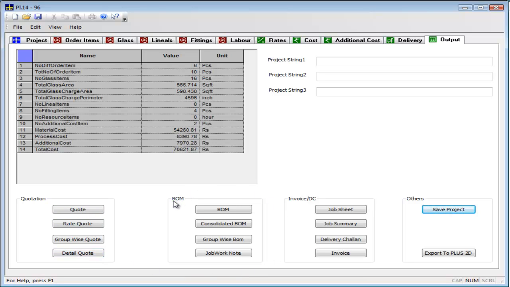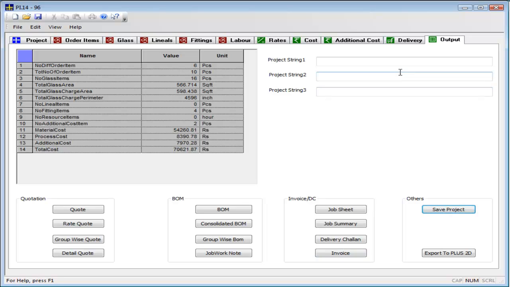Reports related to bill of material, in which you will get the detailed and consolidated bill of material. For processes which are not done in-house, glasses are sent outside as job work. Assign glasses to contractors, and generate a contract note for job work. The job sheet, we can print this and give it to your worker while processing. Delivery challan can be printed after selecting the appropriate challan. And last is the tax invoice.